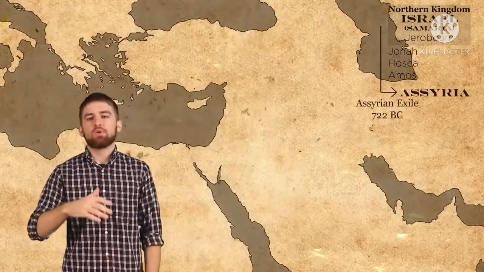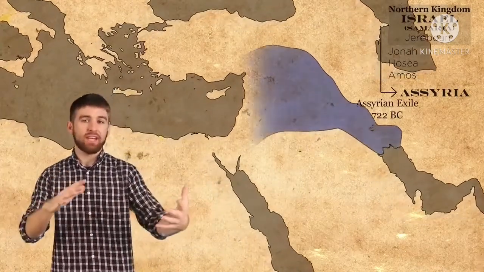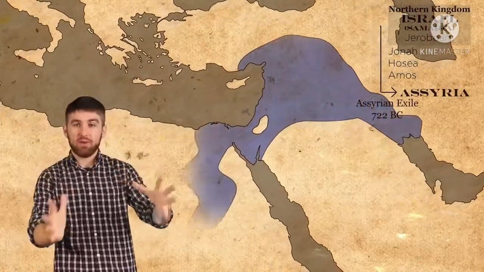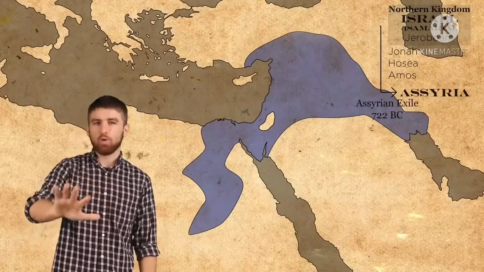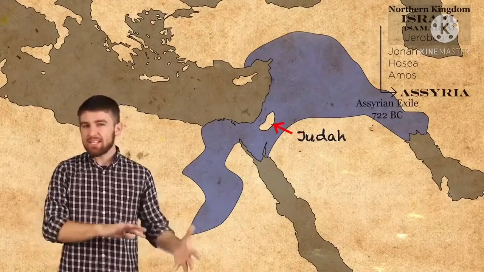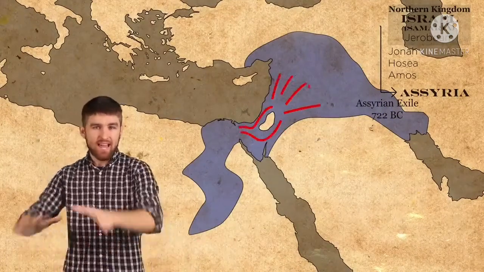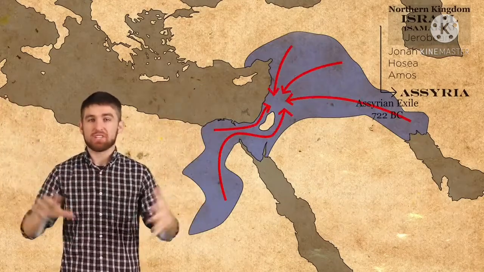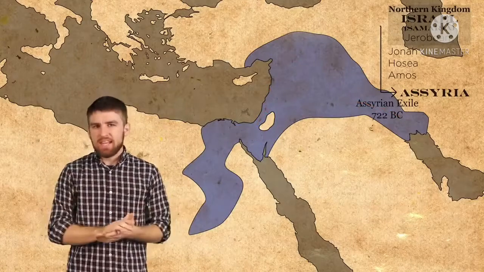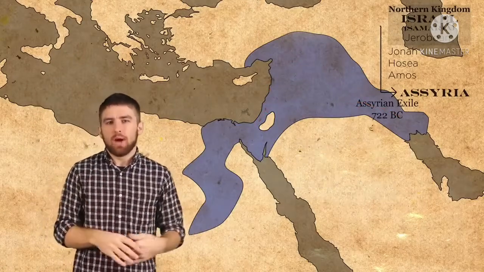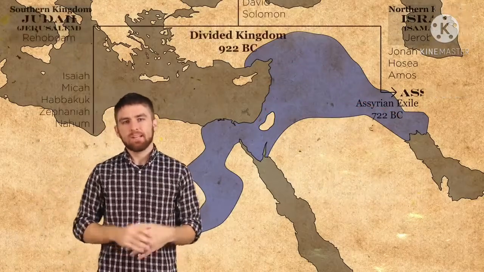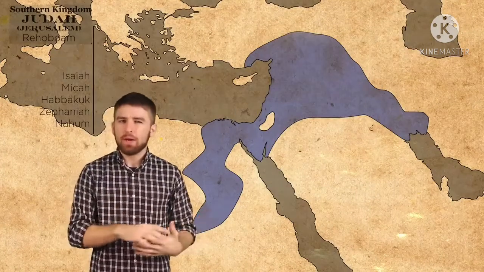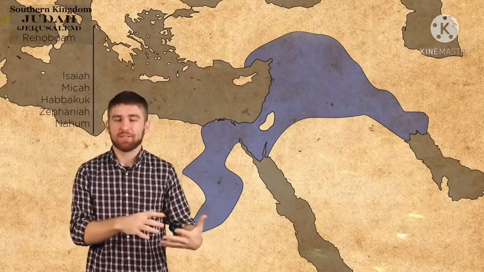In 722 BC, Assyria conquered the northern kingdom of Israel and all the way around the surrounding areas down to Egypt, leaving only Judah. They exiled all of the people of Israel and scattered them throughout the entire kingdom, replacing them with exiles from other areas of their expanding kingdom. The 10 northern tribes, well, they were completely wiped from history. The southern kingdom of Judah, well, they put up a good fight and they survived the Assyrians, but they failed